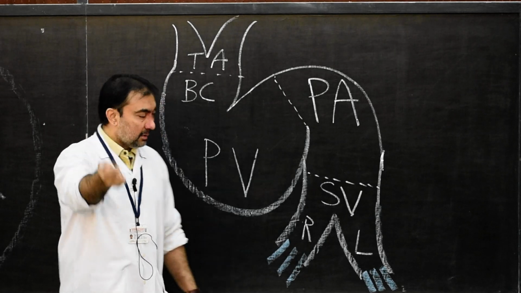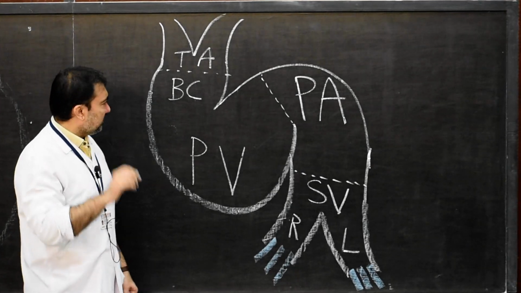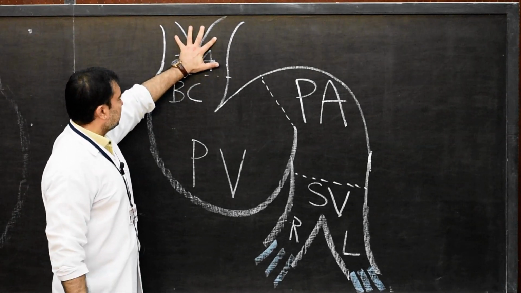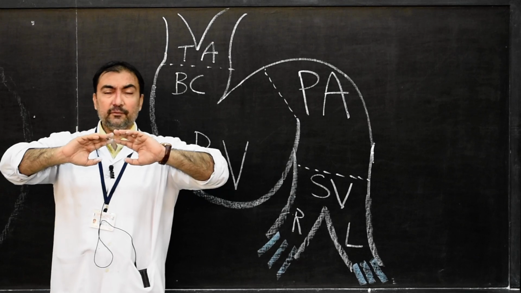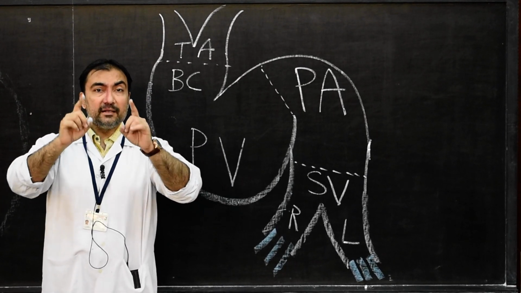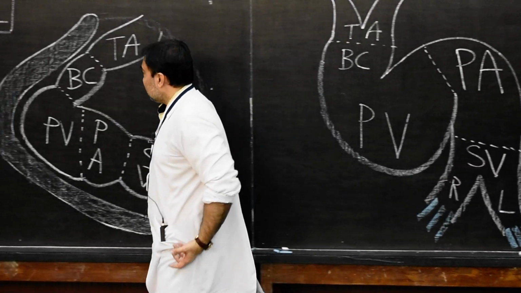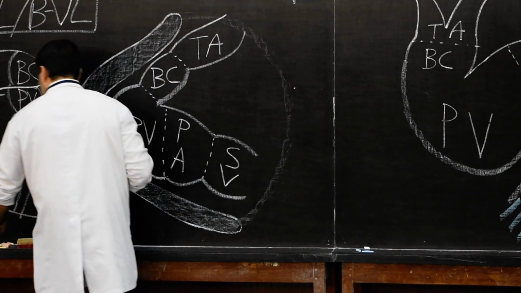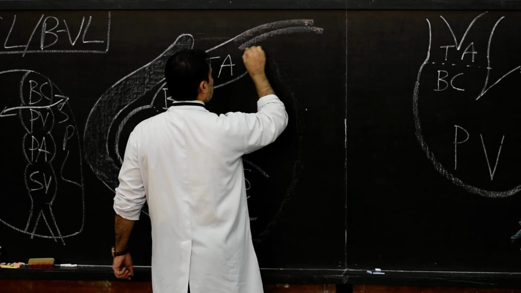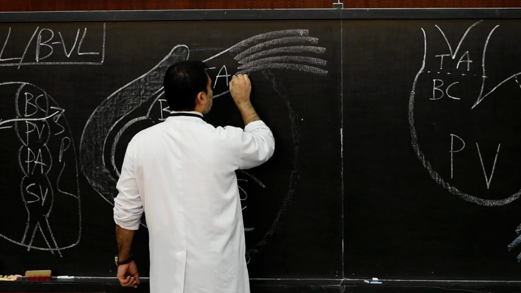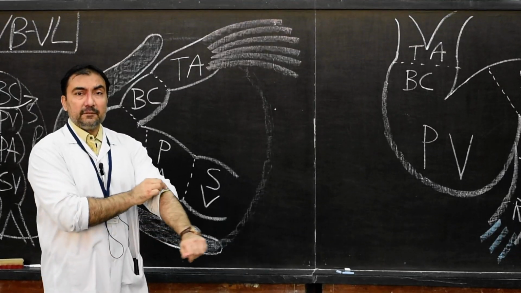Please note down. Now, as this is the loop which has been developed, there will be truncus arteriosus. So what will truncus arteriosus develop into? In future it will develop into aorta and pulmonary trunk, and the aorta and pulmonary trunk will contribute on either side through arterial arches to the dorsal aorta. So if you come on this side, we need to complete here. Here we need to show that these arterial arches will be 1, 2, 3, 4, 5, 6. Six arterial arches, and they will go on either side of the pharynx.